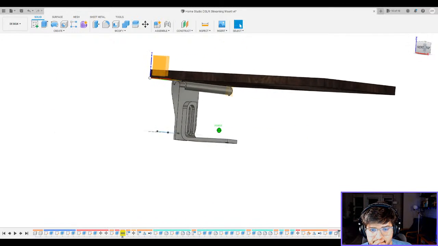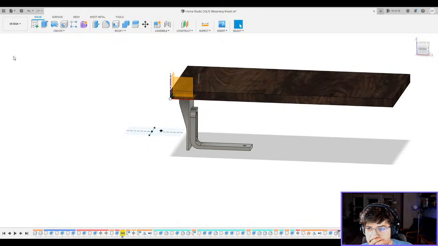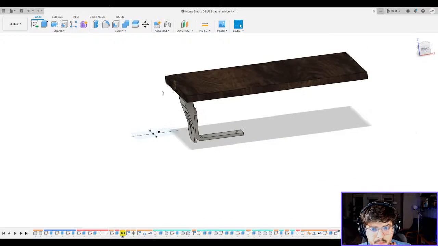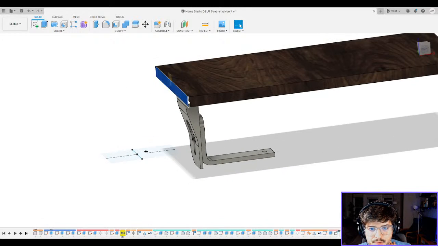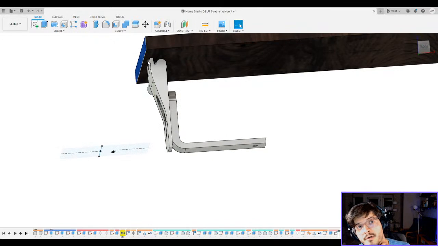I'm actually thinking the better design for today will be, let's see if I can remove some of this origin. There we go, that origin was bothering me. We're going to try to see if I can screw it into the side. So have a piece that's going to sit right here, and I'll screw it in on that side and on the side there with 2 screws. And also for it to go underneath as well.